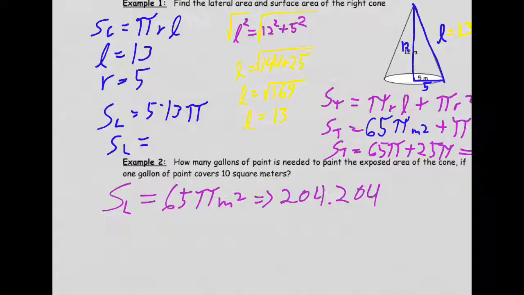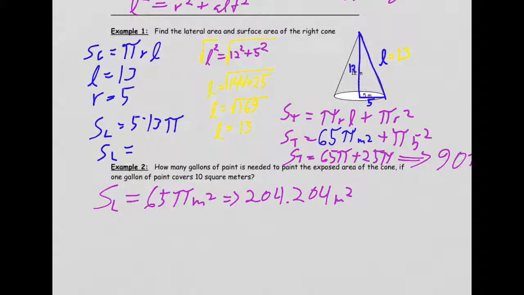And then, what am I going to do if 1 gallon of paint covers 10 square meters? I don't want to multiply. Divide. That's right. I'm going to take all my square meters and divide them by 10. And I see that I need 20.4 gallons of paint